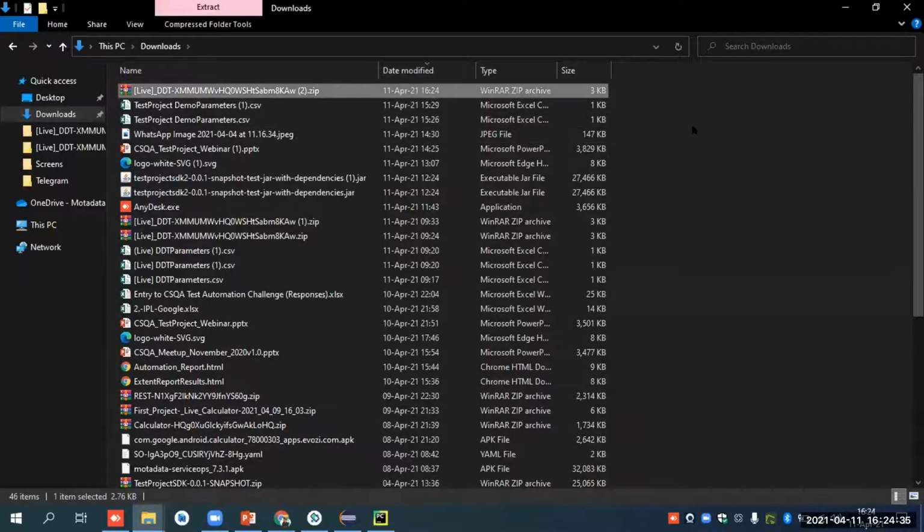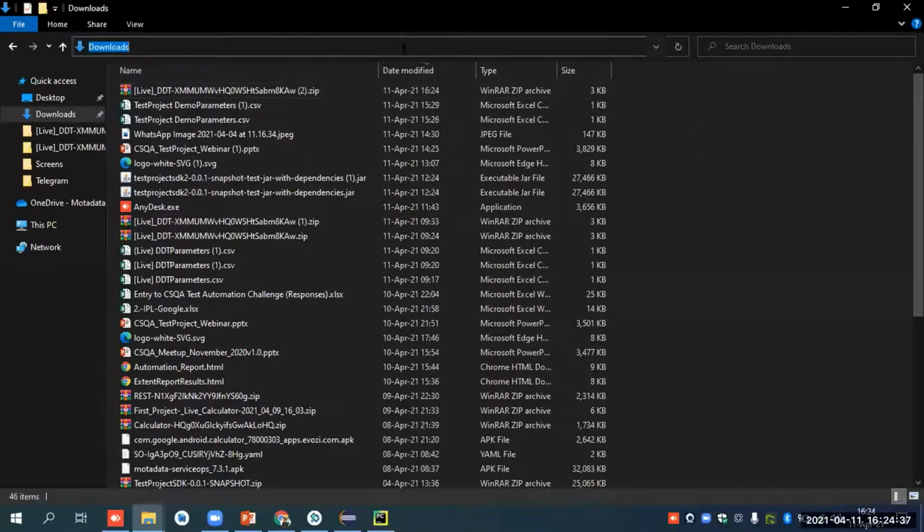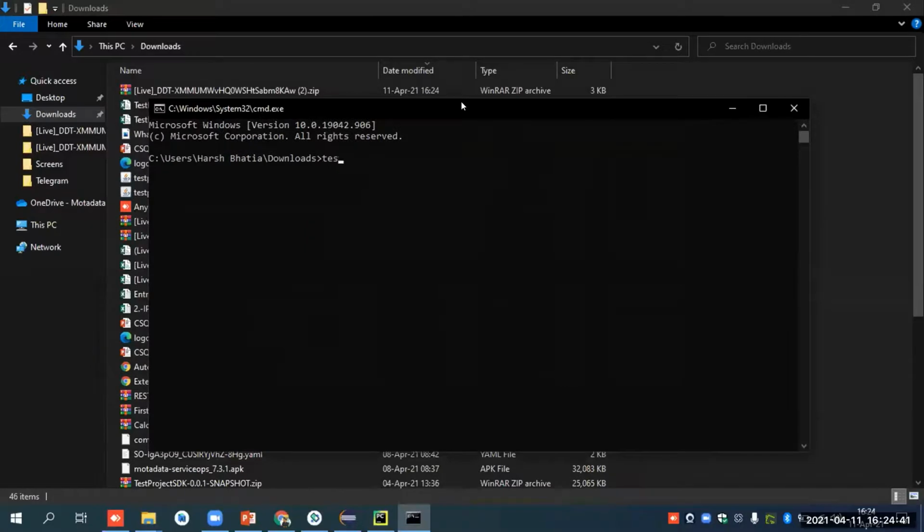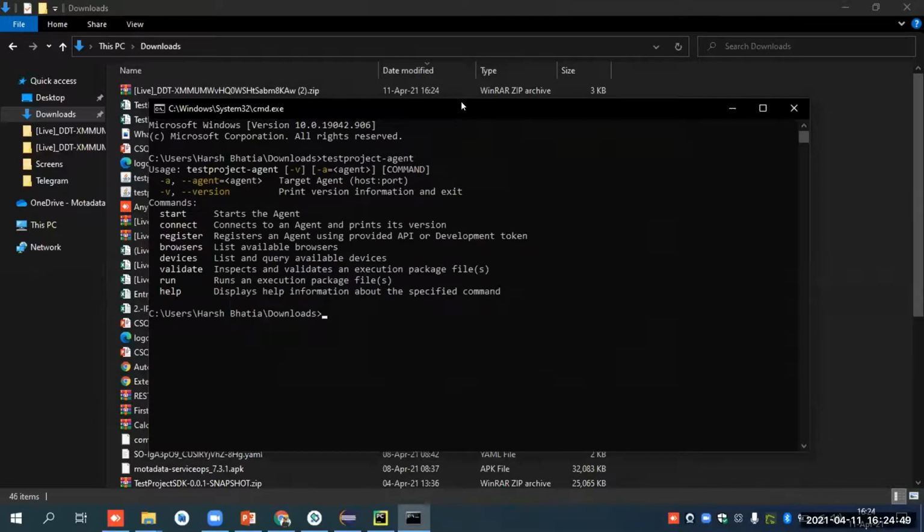Okay. So what can I do now? I can just open my CMD. I will just type testproject-agent. It will show me all the commands like start, connect, register, browser, devices, validate, run, and help.